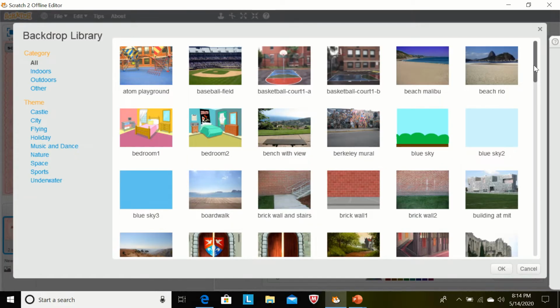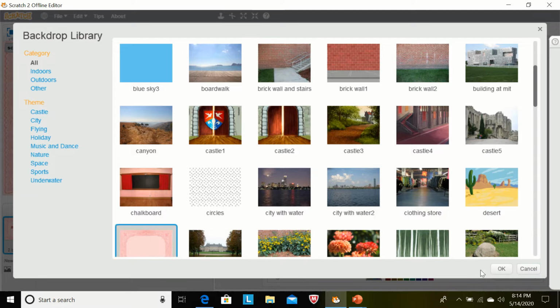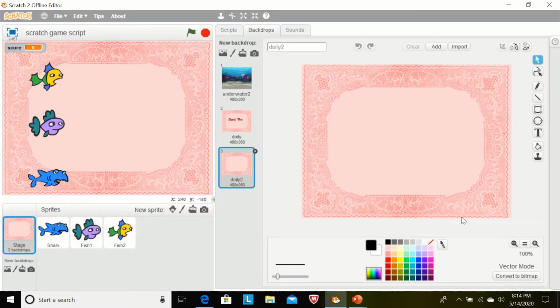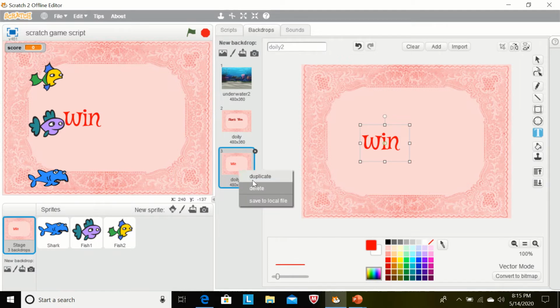First we will select the background, like I am selecting this, the same one. And how can we write? Select this button and start writing. Select the text. Now we can change the font style and writing color, and by clicking on this we will get the handler and we can drag it to the outside, then it will increase its size. Now I am deleting this background because I have already selected this.